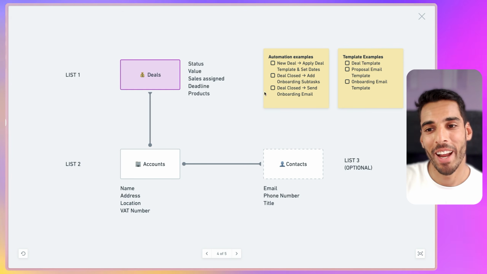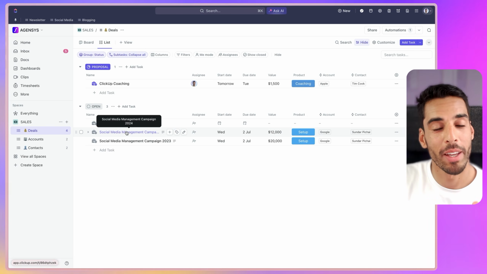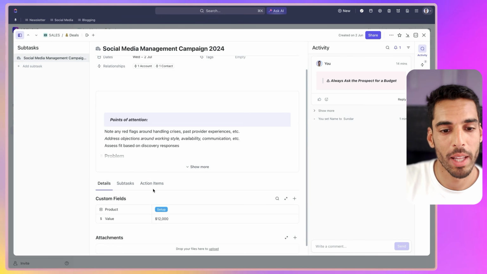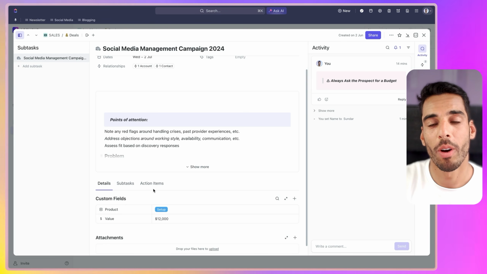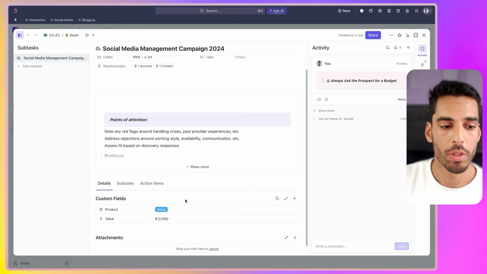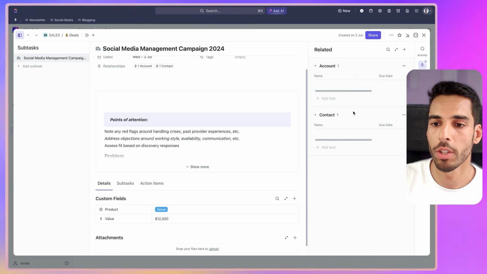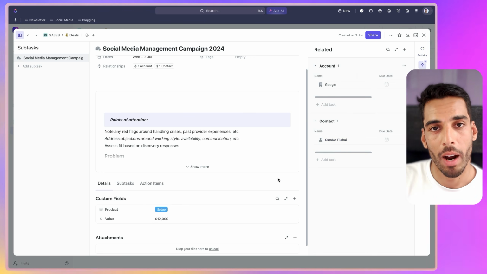If we get back into our diagram, what I want next, I've done the deal template. I want a proposal email template. Now I just got back into my deals list in ClickUp and I'm gonna create 2 custom fields into that list, because the next automations I'm gonna show you are going to allow you to automatically send emails to your prospects. But to do so, you're gonna have to create custom fields to track this information, so who the contact is and their email, right into our deals list.